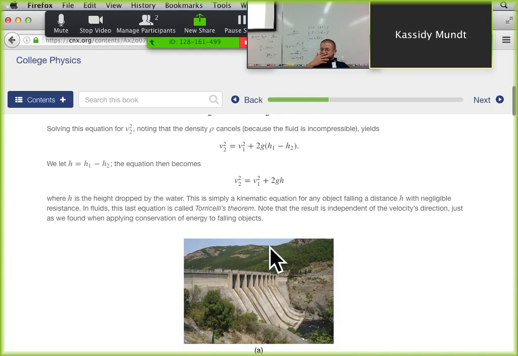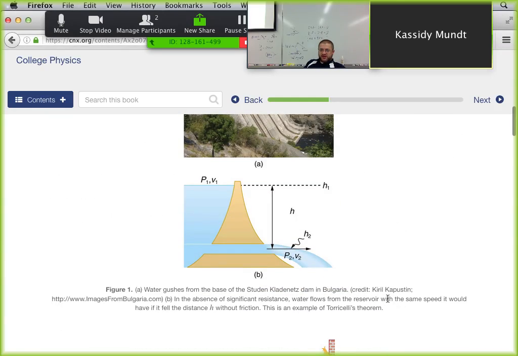So this is the equation that you use, for example, if you're going to calculate the speed of the water at the top of a dam, or the speed of the water that is dropping in a reservoir as the dam is letting the water out, compared to the speed of the water coming out at the bottom of the dam. The speed of the water coming out the bottom of the dam turns out to be a lot bigger than the speed of the lake going down, but this is called Torricelli's equation, or Torricelli's theorem.